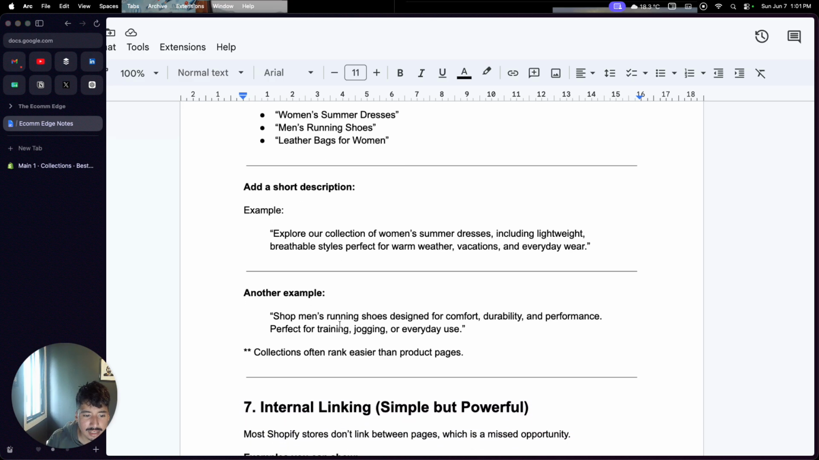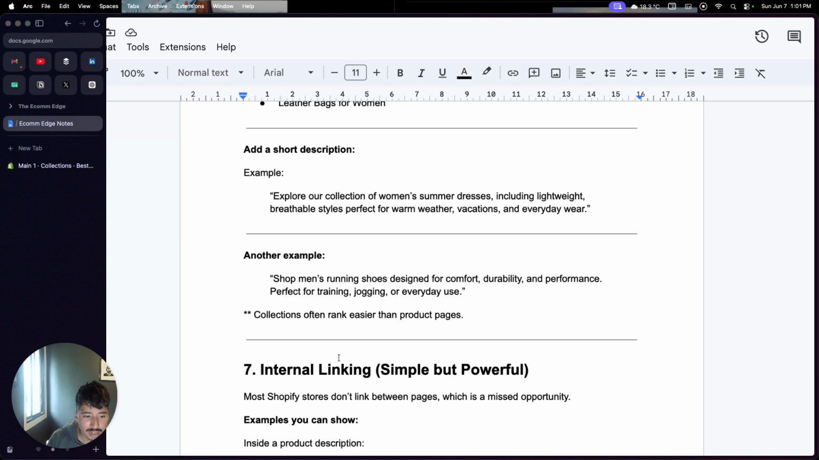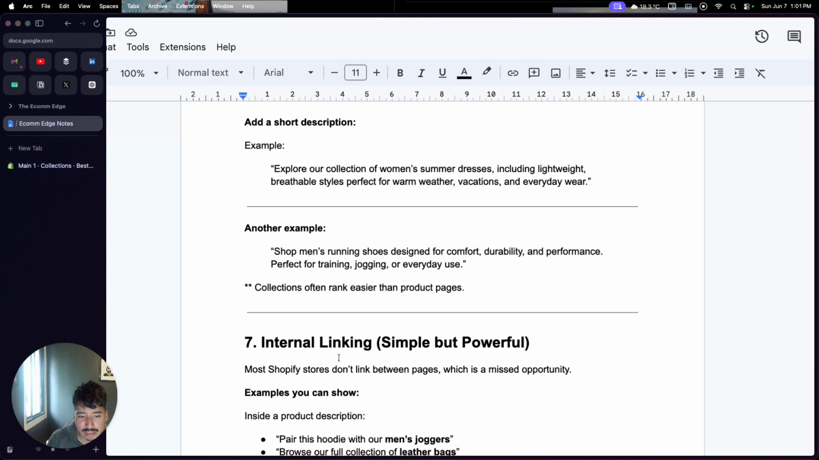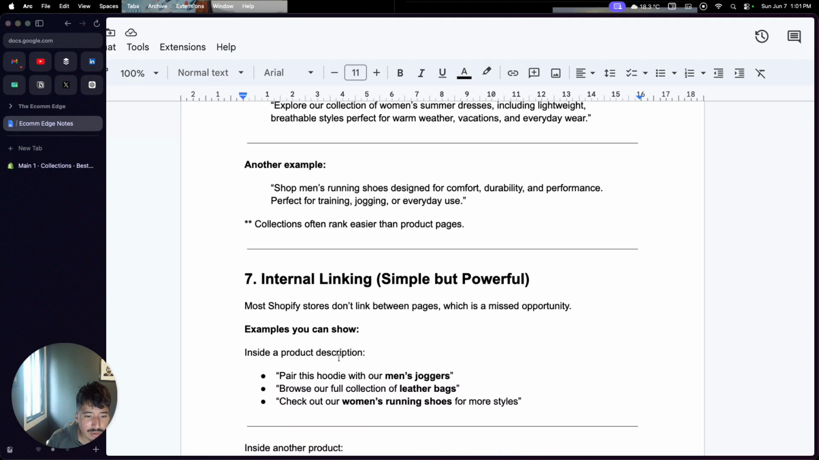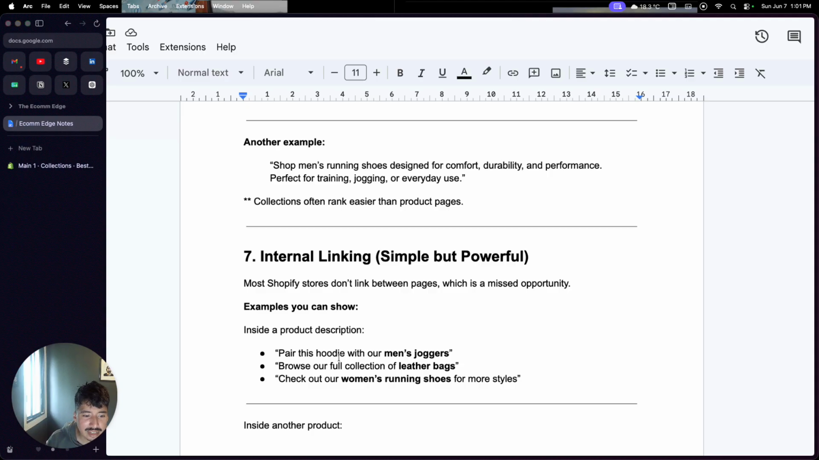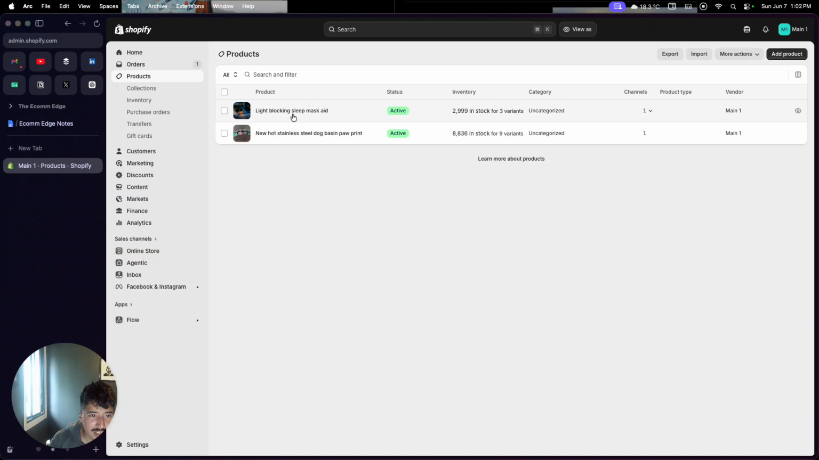And last but not least, we have internal linking. These are super simple, easy fixes that you could do for your Shopify store, but many Shopify stores don't do this. And that is linking internally. So what does this look like? It wouldn't look too good, this example here, but we'll just do it. So let's say